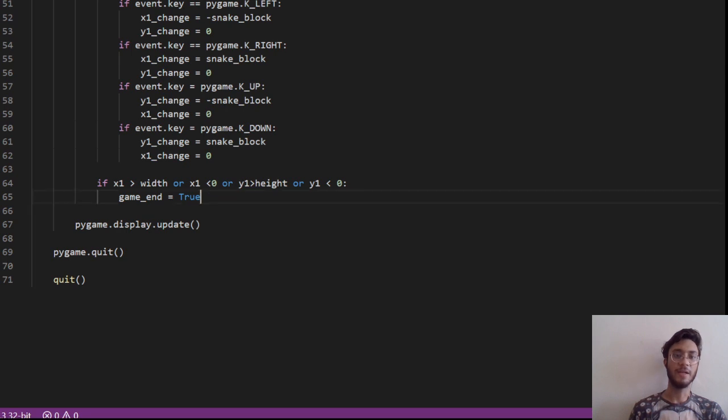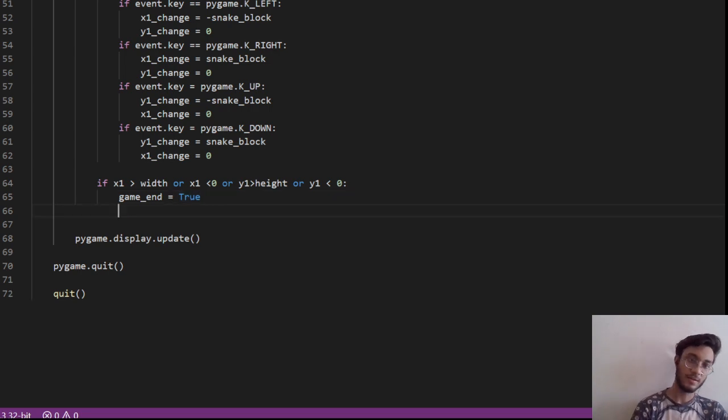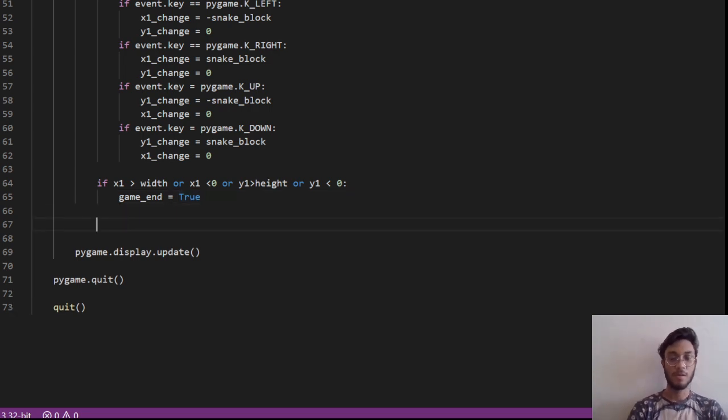Here we have updated: if the x1 hits the border, that is greater than the border value or less than 0, then the game will end over here. After that, if it doesn't hit the border and is moving within the window, then the x1 and y1 coordinates should get updated.